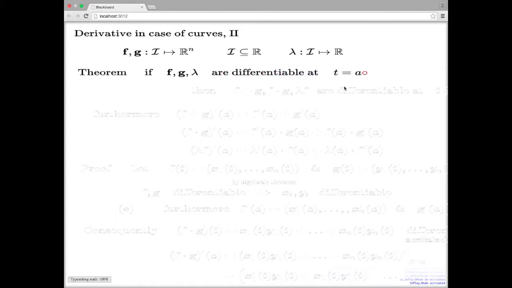So here's my setting again. I have three functions as before: two vector functions, one numerical one. The theorem claims this: if you have three functions originally differentiable in their respective sense at some point, then if you combine them,